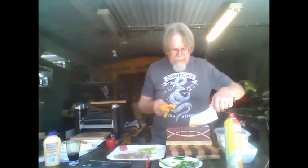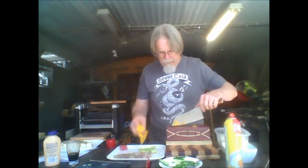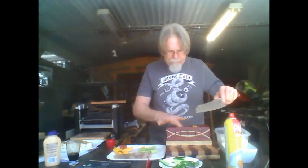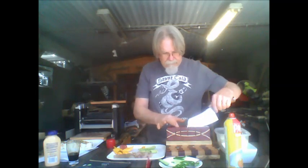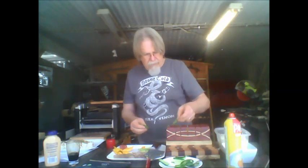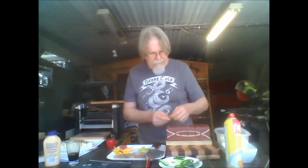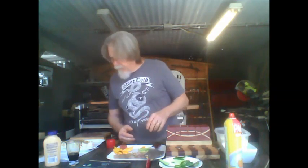Mango's fairly common in sushi. I mean, you don't see a lot, but I've seen mango rolls, so it's not like I invented this. Here we got that. Next, we're going to put in jalapeno slices, very thin. I keep the seeds in them. I want it hot. I'd like to have a little bite to this, a little kick. So I put a jalapeno salt, and then